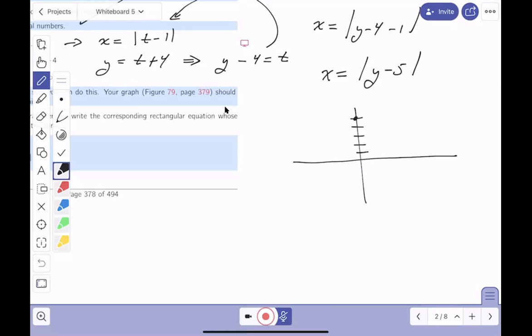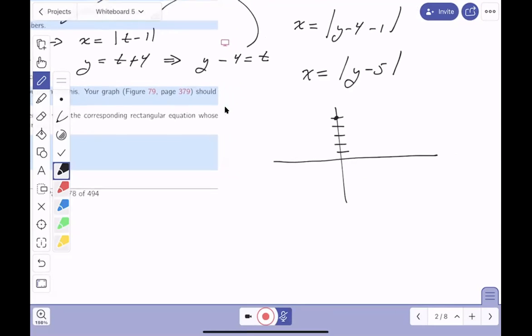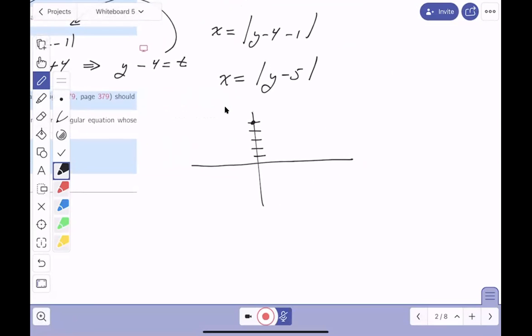All right. Now what? Well, what do I know about x? I know looking at it, x is the absolute value of something. So the x is always going to be above the 0 or equal to it, right? You probably know what an absolute value looks like. The next thing I want to do is look at,